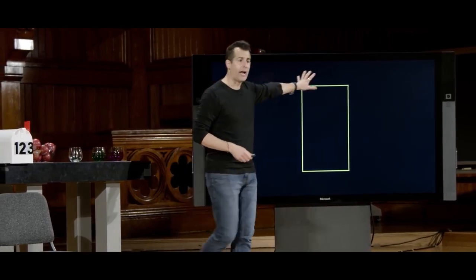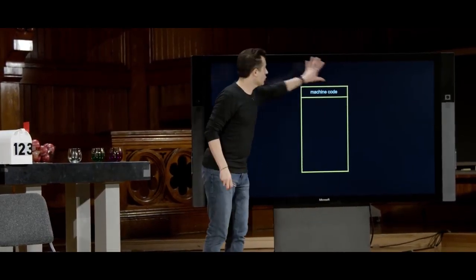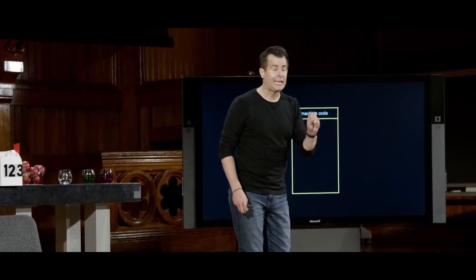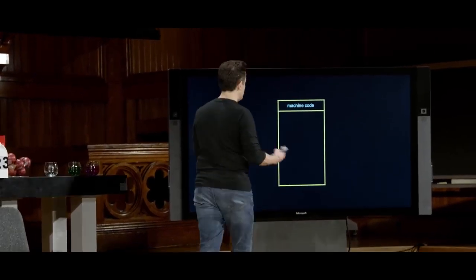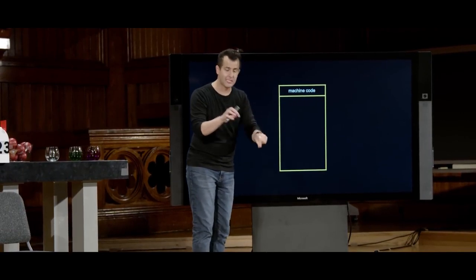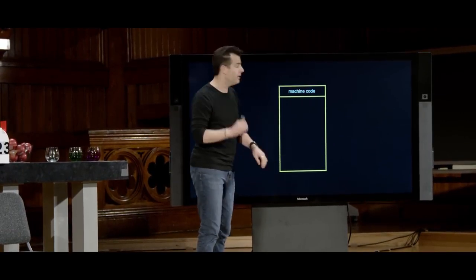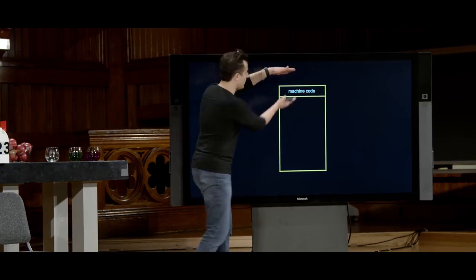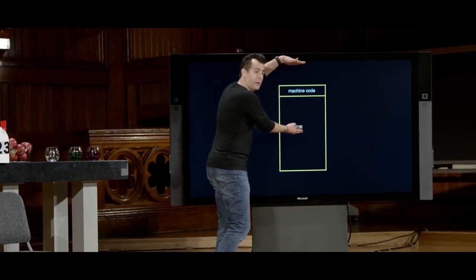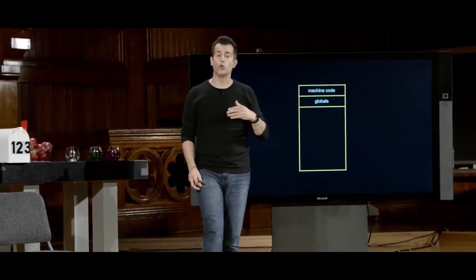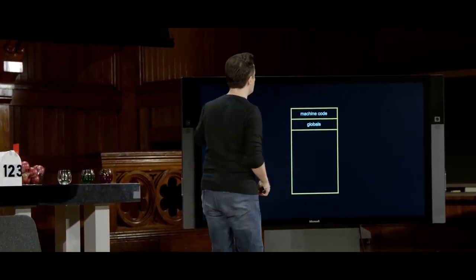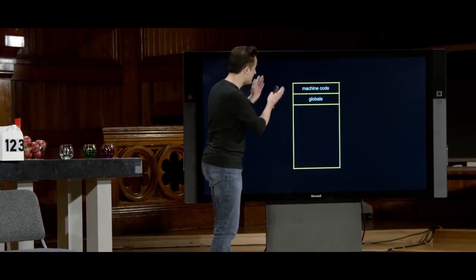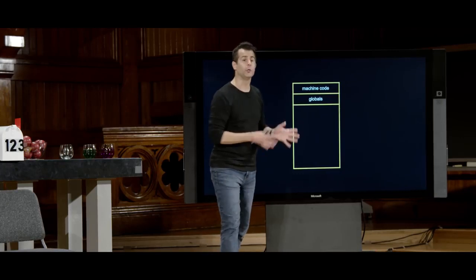Well, if we consider it just abstractly as a big rectangle, it turns out that if this is your computer's memory, at the very top of it, conceptually, goes all of the zeros and ones that Clang compiled for you. The so-called machine code is literally loaded into your computer's RAM when you run ./something, or on a Mac or PC, when you double-click an icon. Those zeros and ones, the compiled code, are loaded into your computer's memory up here, let's say. It might take up this much space for a small program, this much space for a big program. Below that, if your program uses any global variables or other type of data, those will go just below, so to speak, the machine code in the computer's memory. Why? Just because humans needed to decide when implementing compilers where to put stuff in the computer's memory.